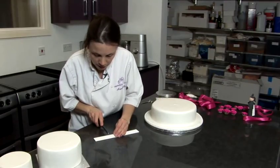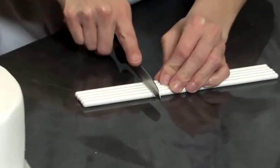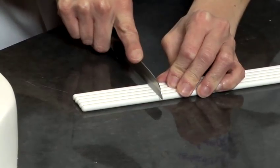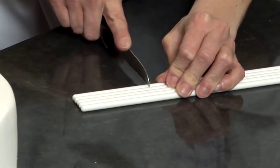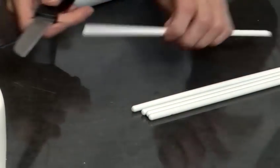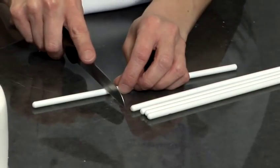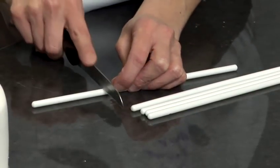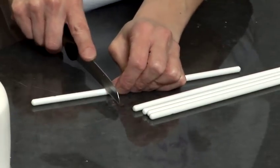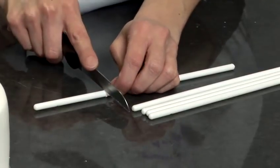There's the mark that I made with a food pen, so I'm going to score all the way across so that all 5 dowels are marked at exactly the same height. You can use a small hacksaw, but I find that a serrated kitchen knife works just as well. Then, with your serrated knife, you want to score all around the dowel. Don't try and saw through the dowel, just score around it